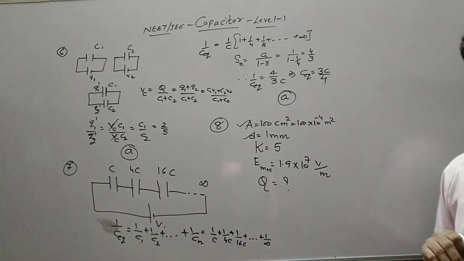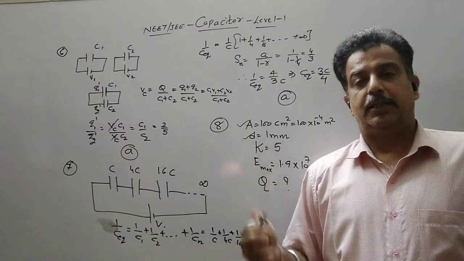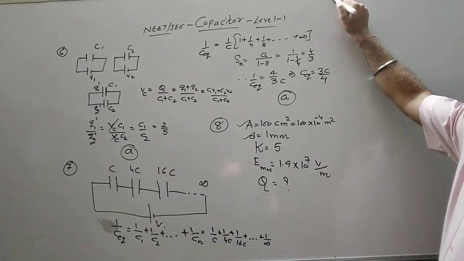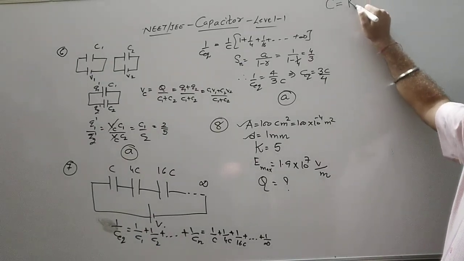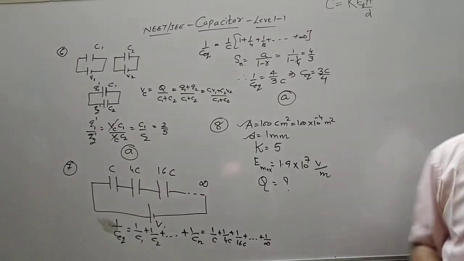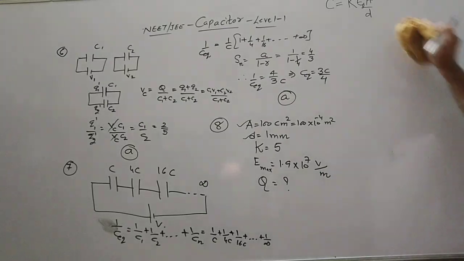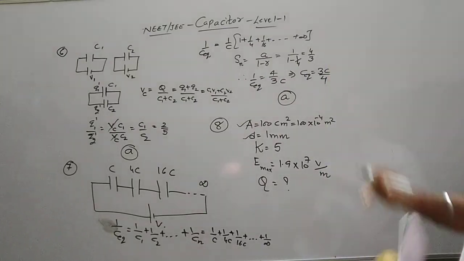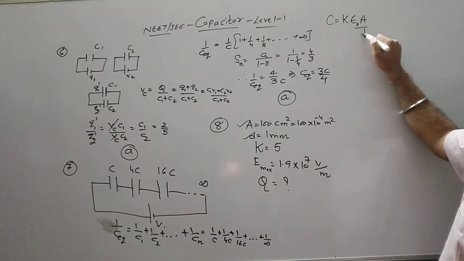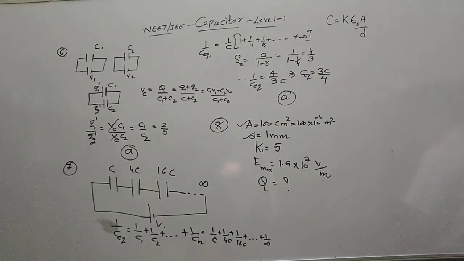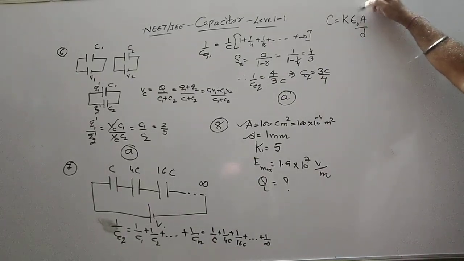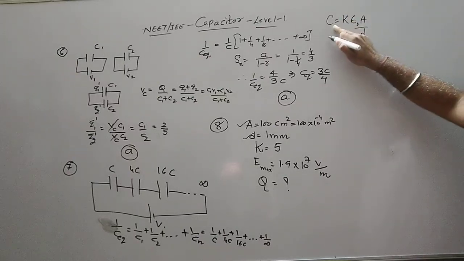So capacitance becomes K times the capacitance with air as a dielectric. The first step: capacitance is equal to K times epsilon naught A by D, where epsilon naught A by D is the formula for a capacitor when air is the dielectric. So we write K times epsilon naught A by D. Now A and D are not a problem, K is not a problem, epsilon naught is not a problem. I can find out C.